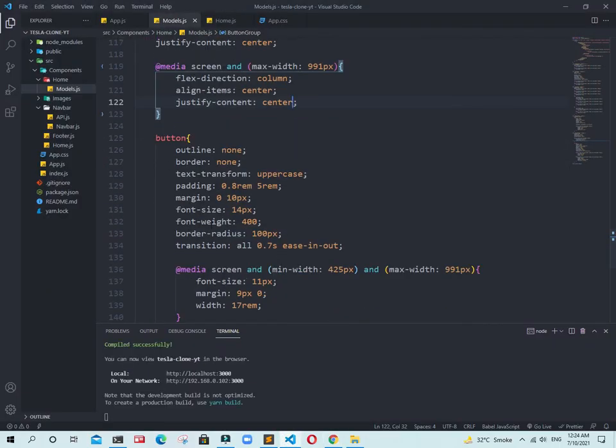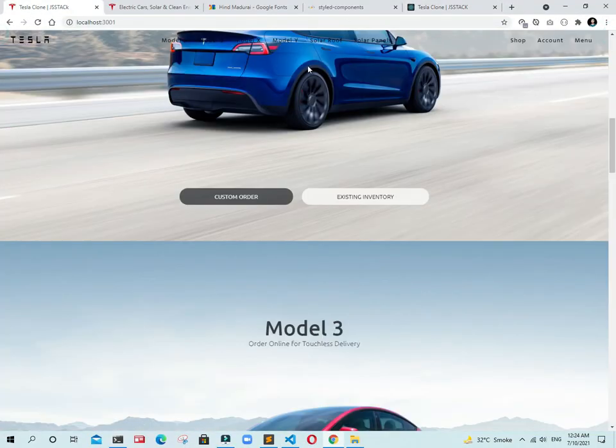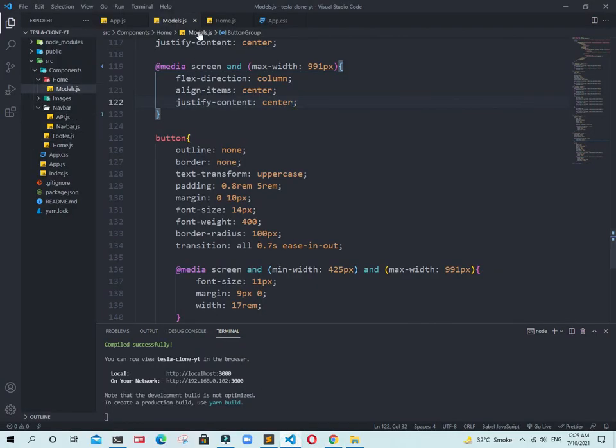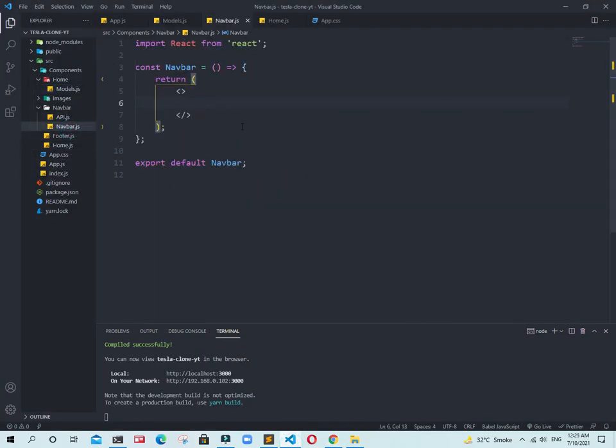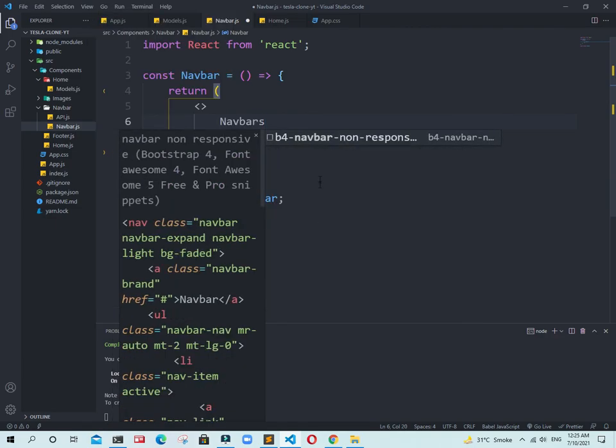We are going to add this awesome navbar, so go to the navbar.js. I already have the boilerplate ready. You just need to write RFCE and your boilerplate is ready. I just say navbar.